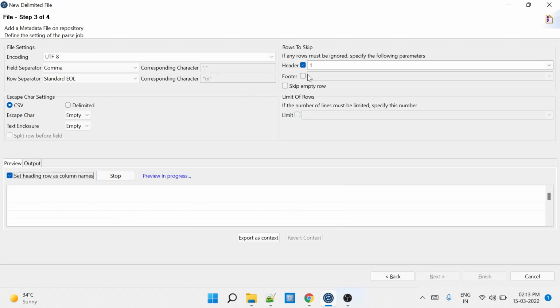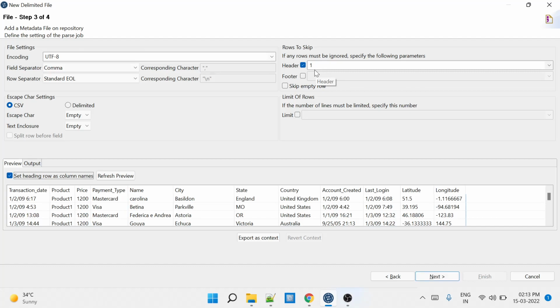In the meantime, we can see if you want to skip any record at the top, let's say I want to skip 10 records, I can do that here. Similarly, if I want to skip anything in the footer,